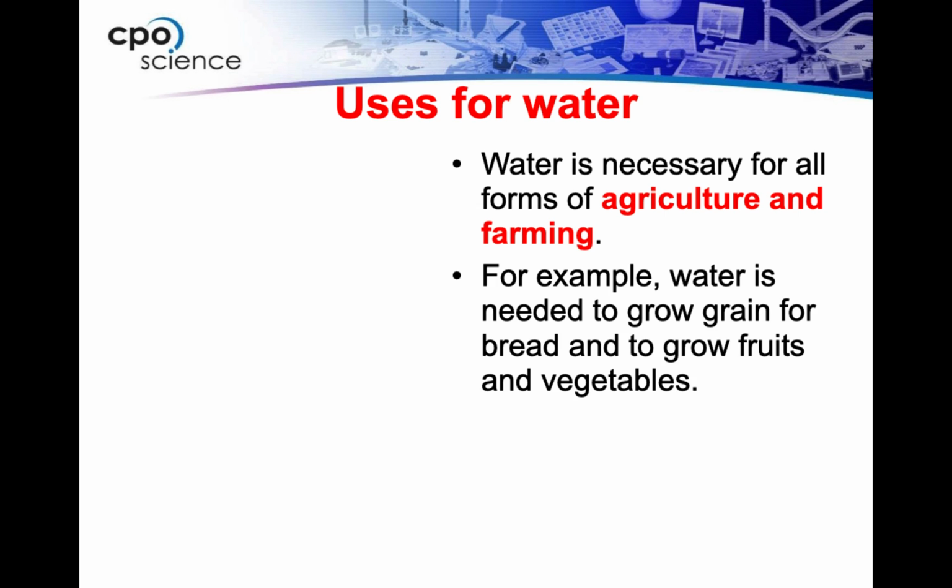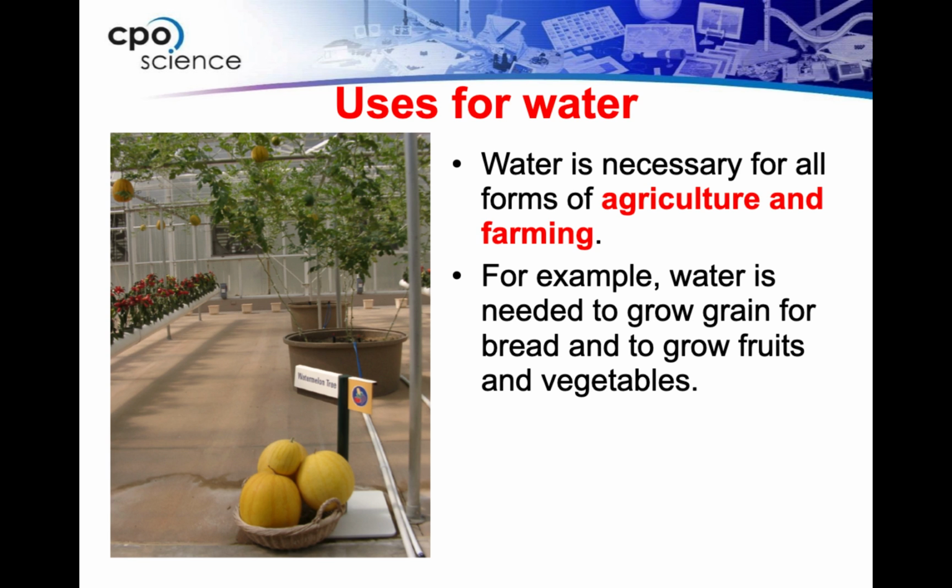It's very necessary besides keeping us alive, for agriculture and farming. So think about growing crops. Almost all of the food that you eat contains water or water was used to grow it. Even if you're eating meat, that meat needed crops that use water to grow. That meat also needed water to keep that animal alive. For example, I think I remember hearing when you're talking about a cow, a pound of beef uses hundreds of gallons of water. So just to produce 1 pound of ground hamburger is hundreds of gallons of water.